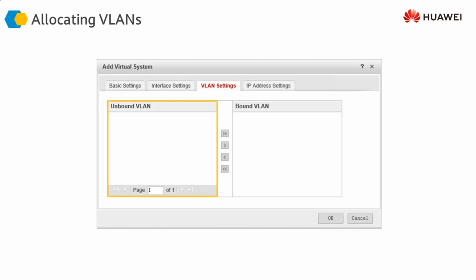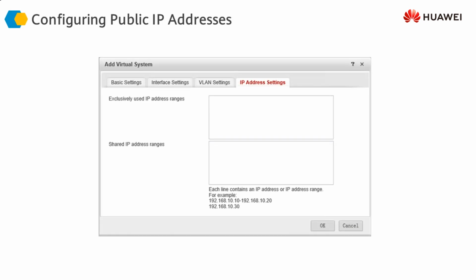Similarly, we can also assign VLANs to the virtual system. We go to VLAN settings, and we can add different VLANs to the particular virtual system. And finally, we can assign public IP addresses to the virtual system. We go to IP address settings, and we assign either dedicated public IP addresses to this virtual system, or we can assign shared IP addresses.